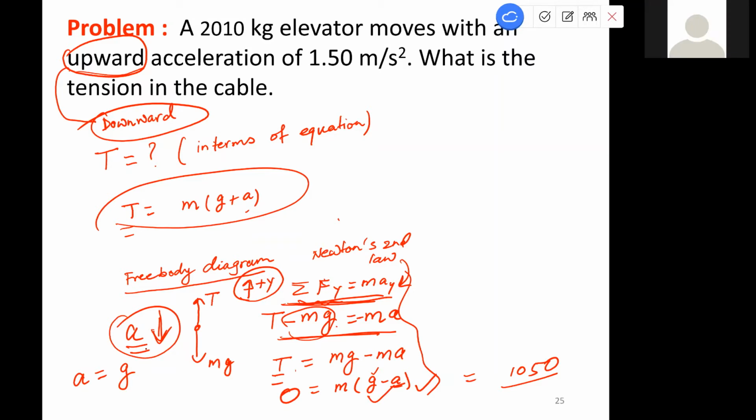A is the value. In this case, it is 1.5, okay? But AY is acceleration, not just a value. It has both magnitude and direction. So that's why there is negative A, not just A, but negative A in this case. Did you realize that? See, there is a little difference, although it may look exactly the same. There is that little difference there, okay?